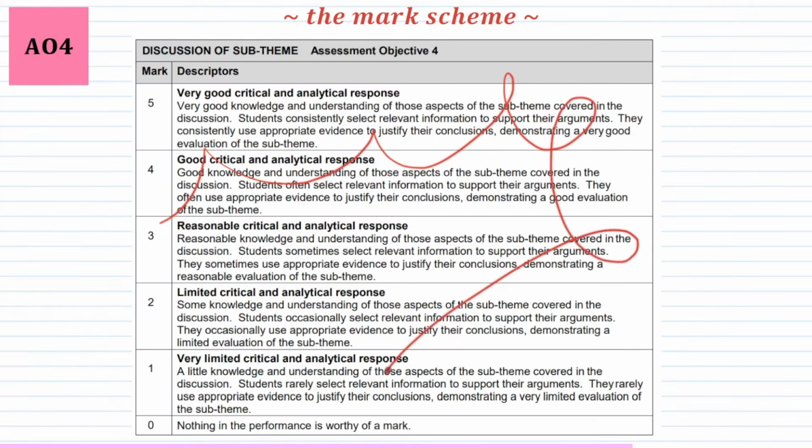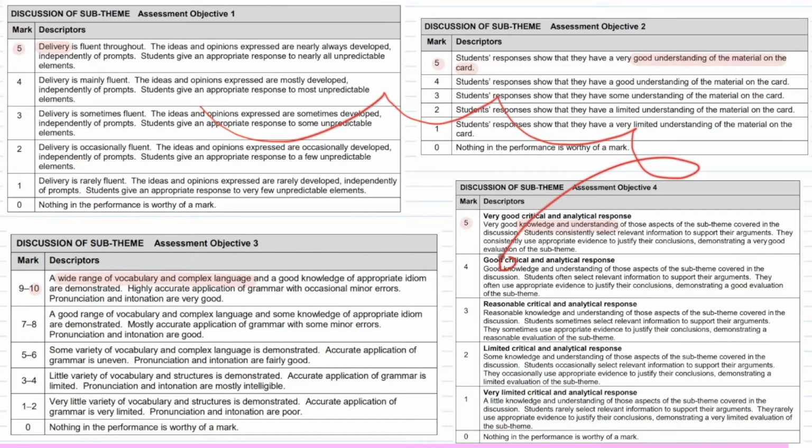The final assessment objective is worth 5 marks that go for your critical and analytical response. You must show very good knowledge and understanding of the module, and in the top mark band it says students consistently select relevant information to support their arguments. They consistently use appropriate evidence to justify their conclusions, demonstrating a very good evaluation of the subtheme. Evaluation means sort of giving a balanced argument and then reaching a conclusion. I've put all the mark bands for all 4 assessment objectives here if you want to take a screenshot or